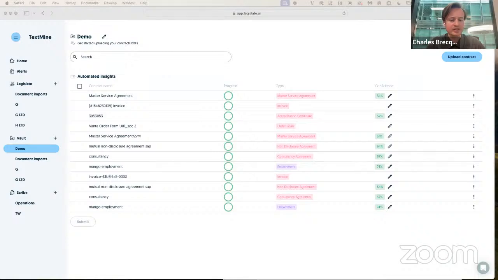And I think that's one key thing to note, that document data extraction, when done manually, is not that pleasant. So using a system like Vault definitely improves the quality of work, whilst also freeing up a lot of time to perform high value tasks such as interpreting the data and identifying improvements.